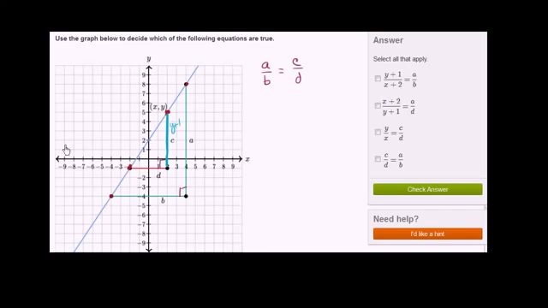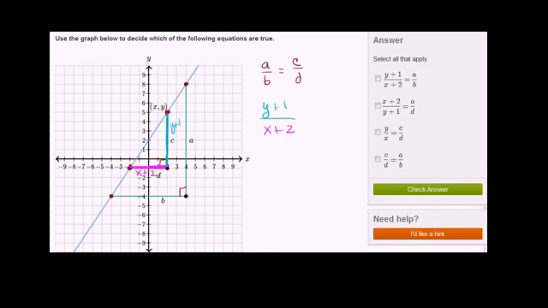and then this base right over here, once again, you see this is x plus 2. This length right over here, that is x. You start at x equals 0, you go x to the right, and you get right over there. But if you want to get all the way over here, you have to add 2. So this right over here is x plus 2. And we know the ratio of this height to this base right over here is always going to be the same. So the ratio of y plus 1 to x plus 2